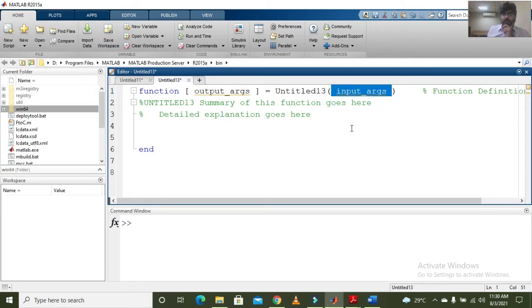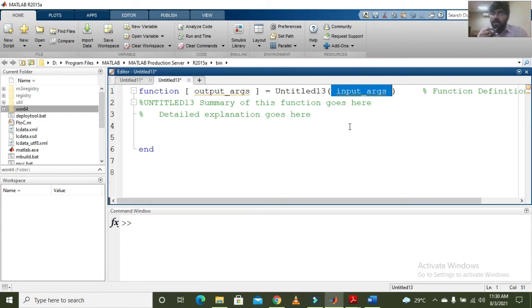For example, let's say I want to make a function file which converts Fahrenheit temperature into degrees Celsius.